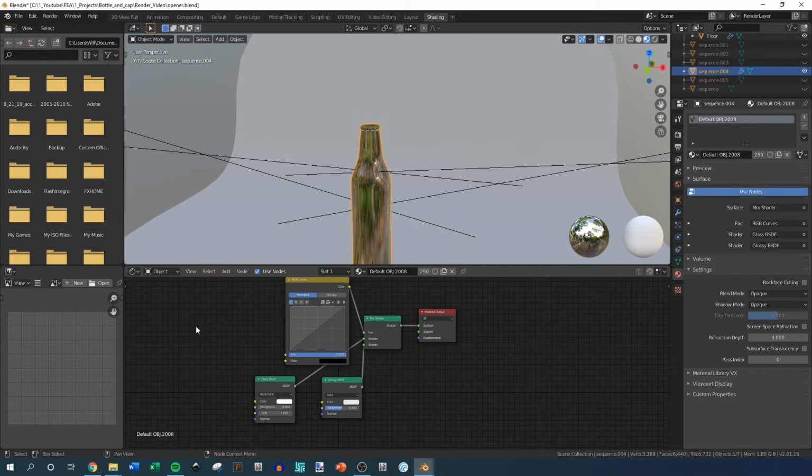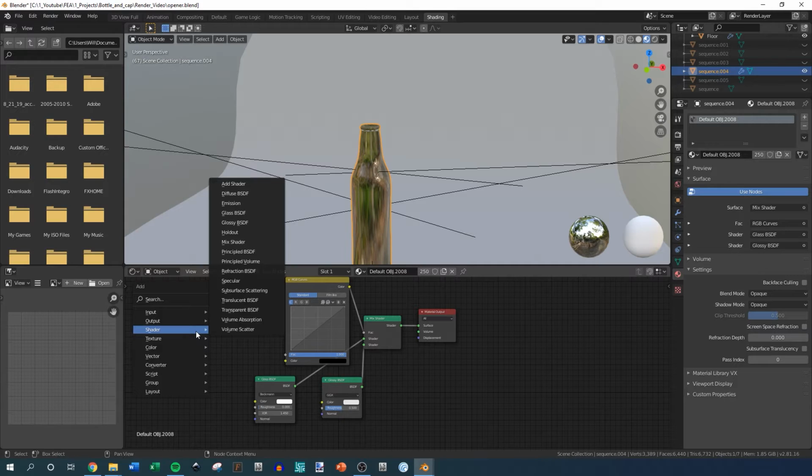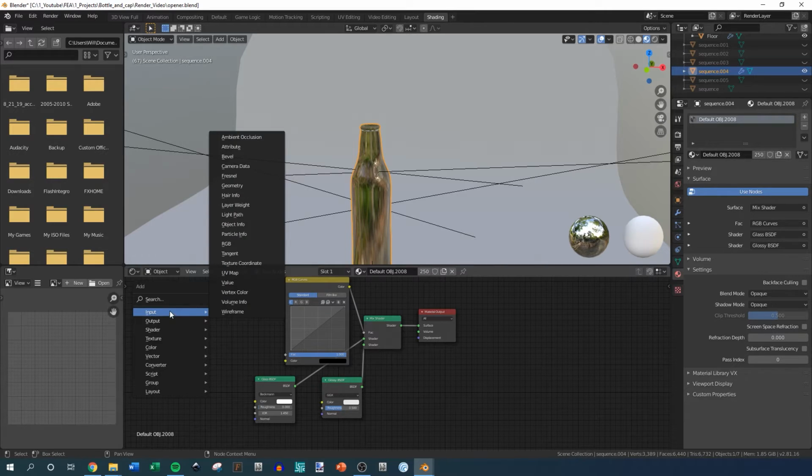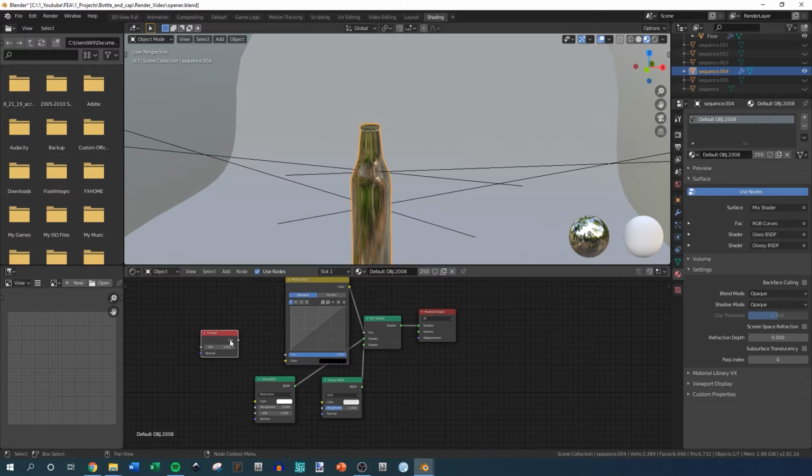And then you're going to need this one called Fresnel. It's over here in input. Click that here and then just drag the color up to here. So going one by one, I can't really explain all these things, but you're going to take glossy BSDF and make this 0. You're going to take your IOR, make it 0.95. You're then going to take your Fresnel